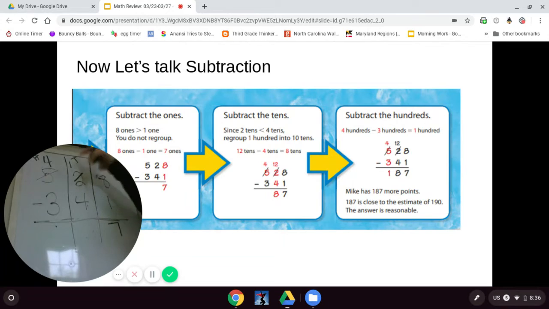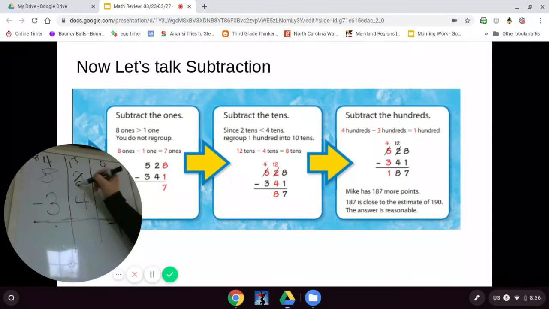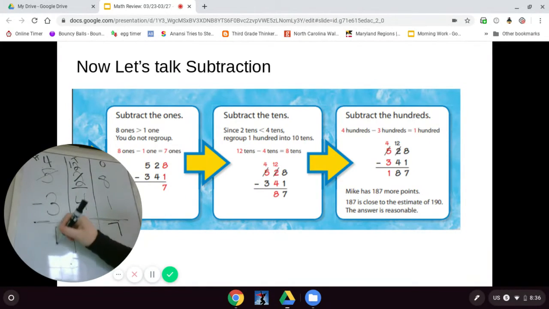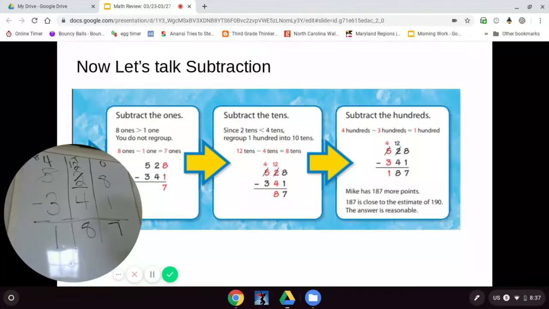There's my 100, but I know that I had 2 tens here originally. So it's really like I have 12 tens that I'm working with. 12 tens minus 4 tens is going to be 8 tens. I know that so quickly because 4 plus 8 equals 12. Last but not least, I go over to my hundreds. 400 minus 300. Well, 4 take away 3 is 1, so 400 minus 300 must be 100, leaving me with a solution of